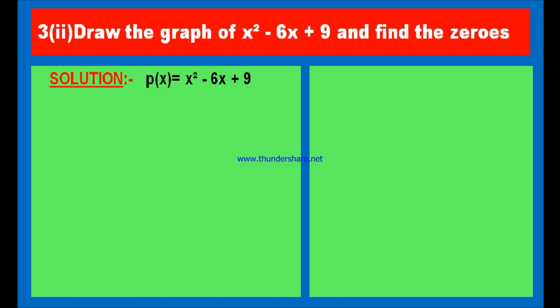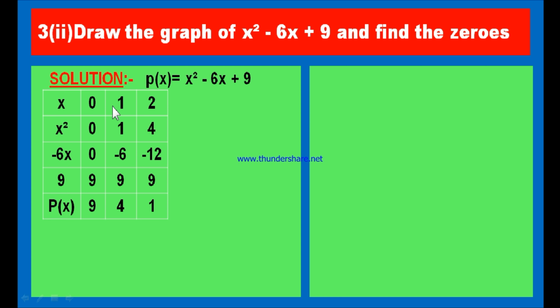In order to draw a straight line, you need just 2 points. If you know the 2 points, you can draw the straight line. But whereas, in order to draw the curve, there should be minimum 5 to 6 points. If the number of points are more, then only you will get the correct shape of the curve. Therefore, in this case, let us find some 5 to 6 points on the parabola. Now here is the table. This table gives us the x and y values that belong to this parabola.